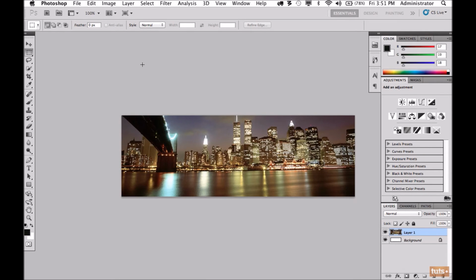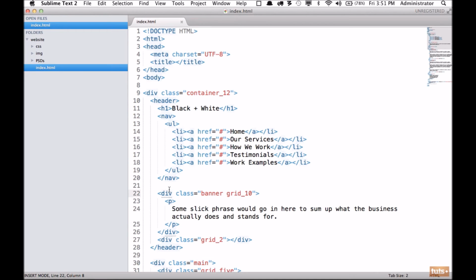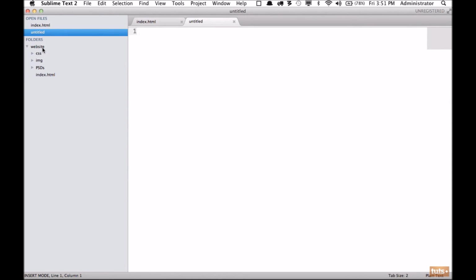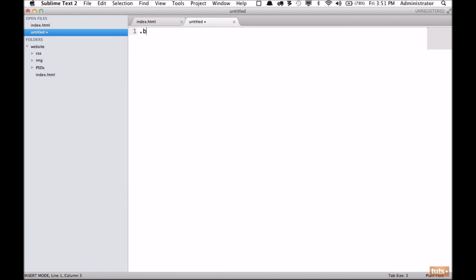Next, we're going to hide this and add it to our website. Now remember, we're not adding this to our markup, we're adding it to our style sheet. So normally you would slice everything out of Photoshop first, but for now, just to give you a quick glimpse of how it works, let's do it this way. And now we need to target banner right here. So I will say banner and give it a background of URL, and we're going to link to the image that we saved. In this case,